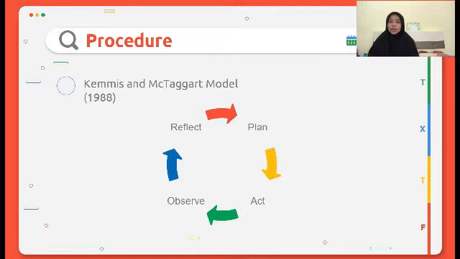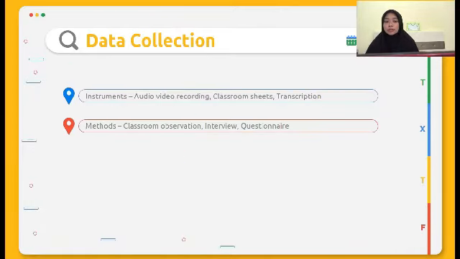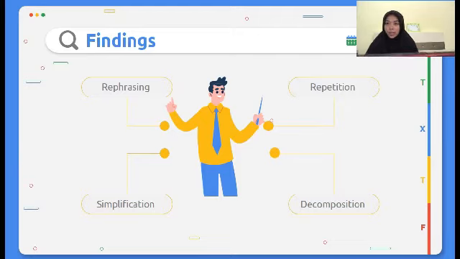So the procedure of this study is with the use of Kemmis and McTaggart model in 1988, whereby this study has included the cycle of plan, act, observe, and reflect, and the data collection is with the use of instruments such as audio-video recording, classroom sheets, and transcription, and the methods are classroom observation, interview, and questionnaire. So the findings for this action research is